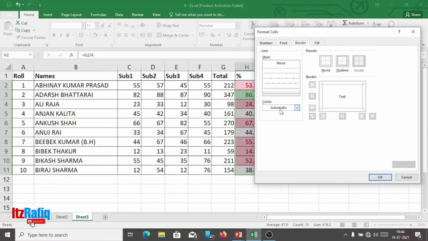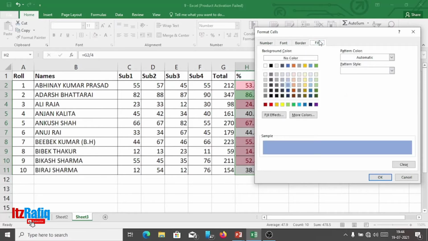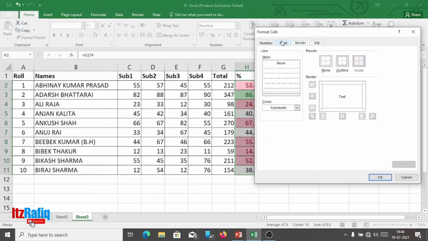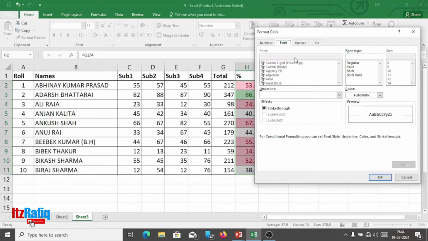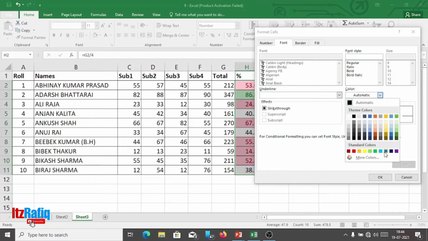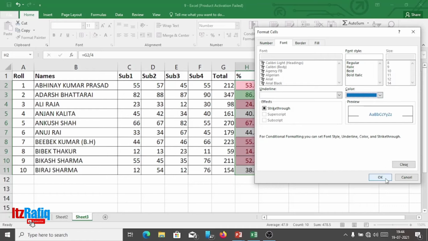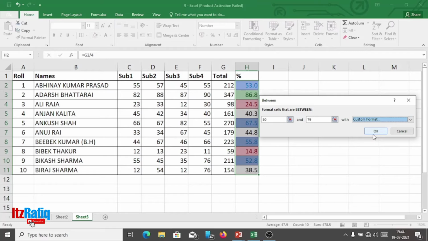I will not take any border. Click on OK and OK.